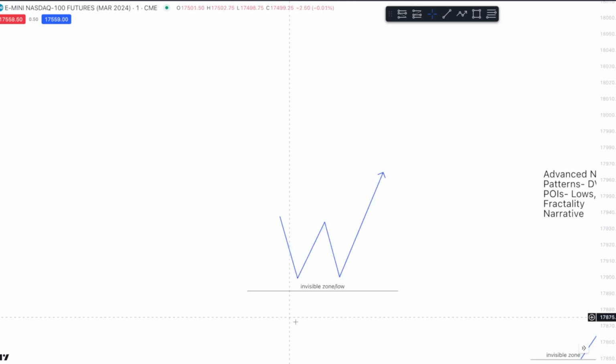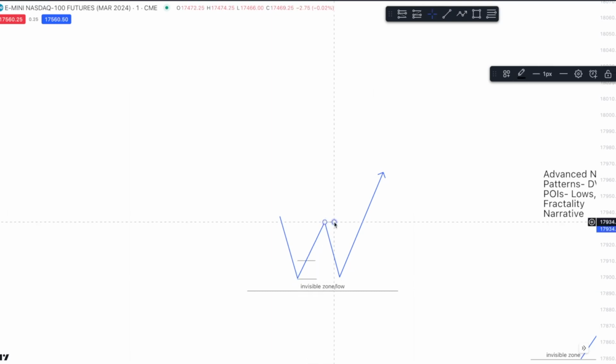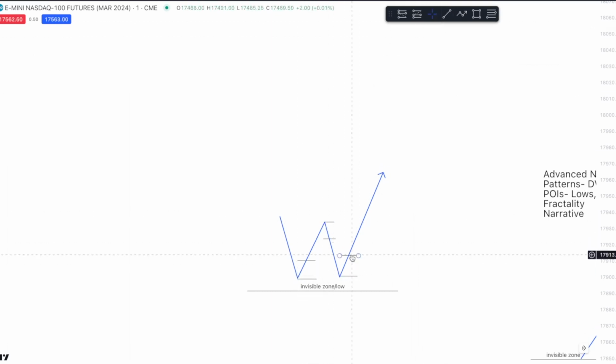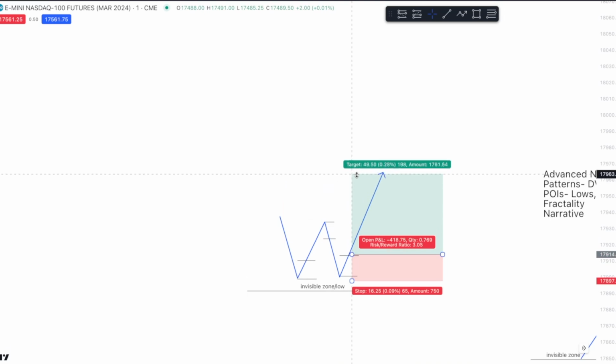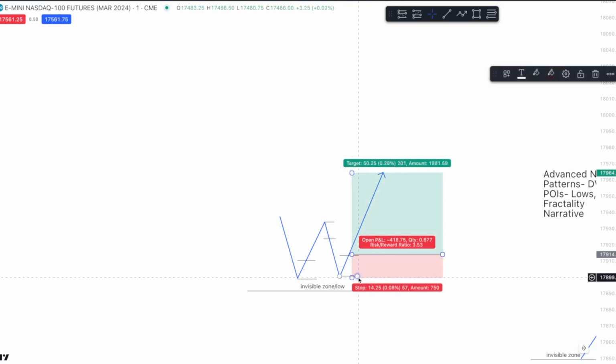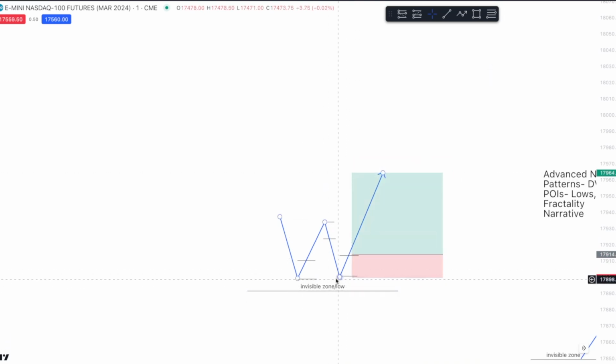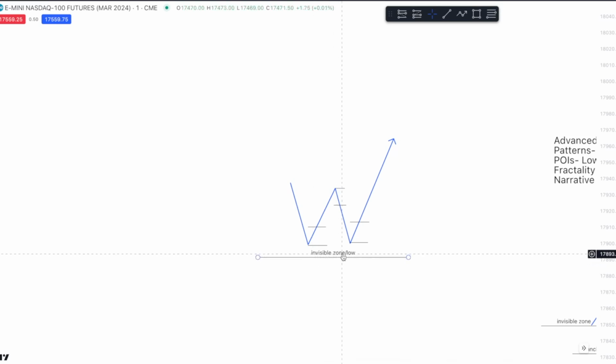Here we have our standard double valid pullback. Price comes down and it puts in a low point here. We come up and put a high point in. We put in a low point and we close above the candle that caused the lowest point of this leg. And as you know, we take our entry when we get that confirmation, with our stop manually below the higher of these two. But first and foremost, you have to know the context of where you're seeing the double valid